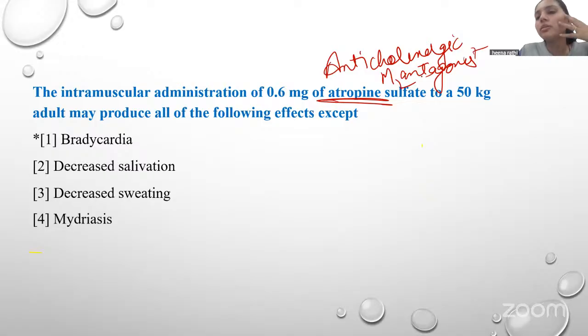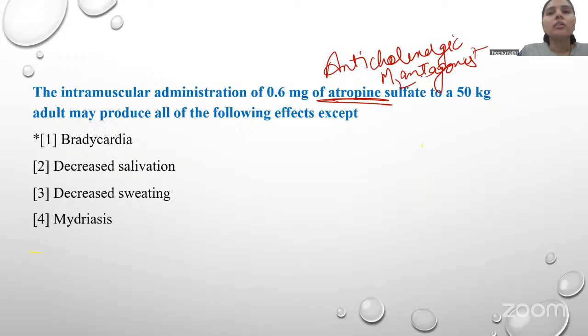M1 receptors are present on the gastric gland, M2 receptors are present on the heart, and M3 receptors are present on other cells. So atropine is an M receptor antagonist. When given at 0.6 milligram to a 50 kg adult patient, it produces all of the following effects except